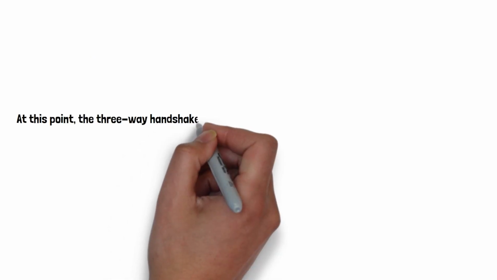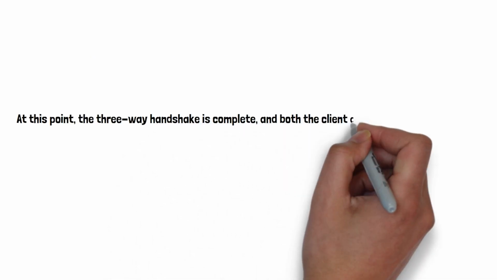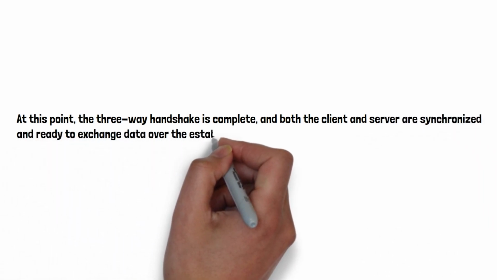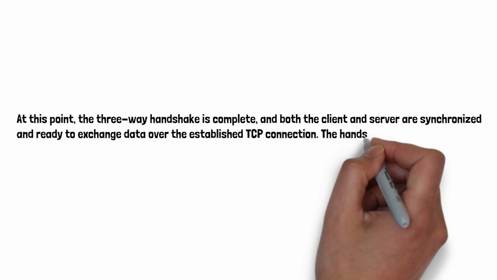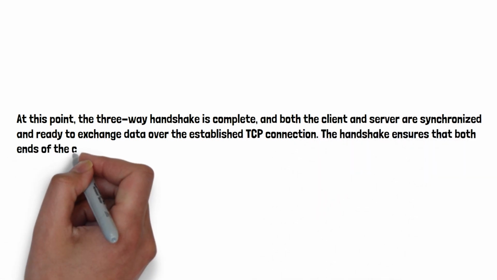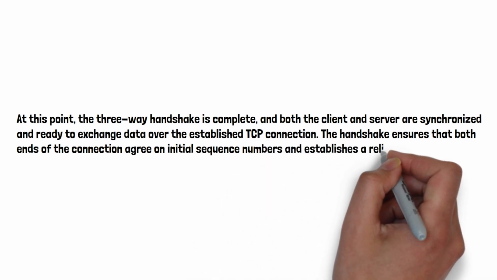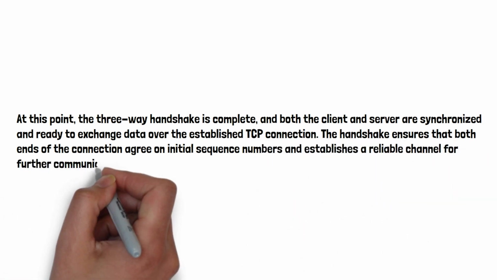At this point, the three-way handshake is complete, and both the client and server are synchronized and ready to exchange data over the established TCP connection. The handshake ensures that both ends of the connection agree on initial sequence numbers and establishes a reliable channel for